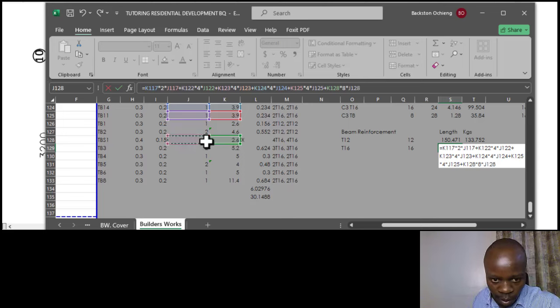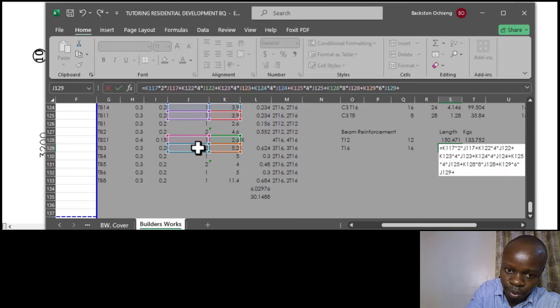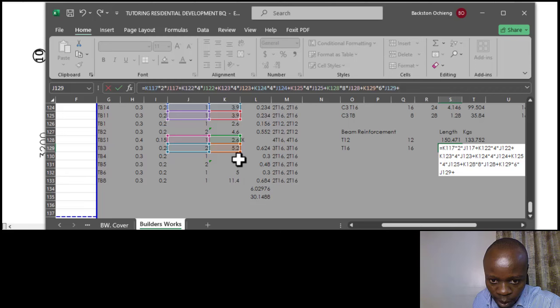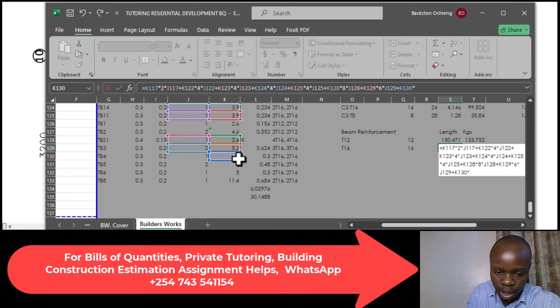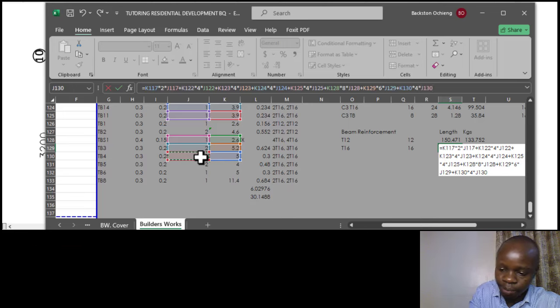How many of them are there? We only have one. Then we add, this is 3 T16, so it's 5 point, this is the length, times now 6 bars. How many of them are there? We have 2. Then we add, this also 5, 2, that is now 4, then we multiply by the number,